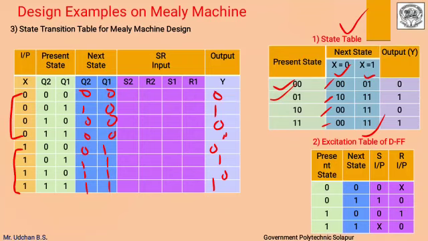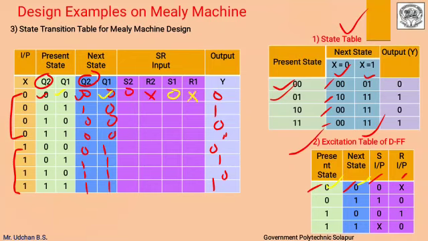So now by comparing the values of Q2 present state and Q2 next state, write down the values of S2 R2. Here present state is 0, next state is 0. Go to excitation table. For 0 0, the value of S is 0, R is don't care, so write 0 don't care. Again similarly observe the values of present state Q1, next state Q1, both are 0 0. Again go to excitation table. For 0 0, the value of S and R are 0 don't care.